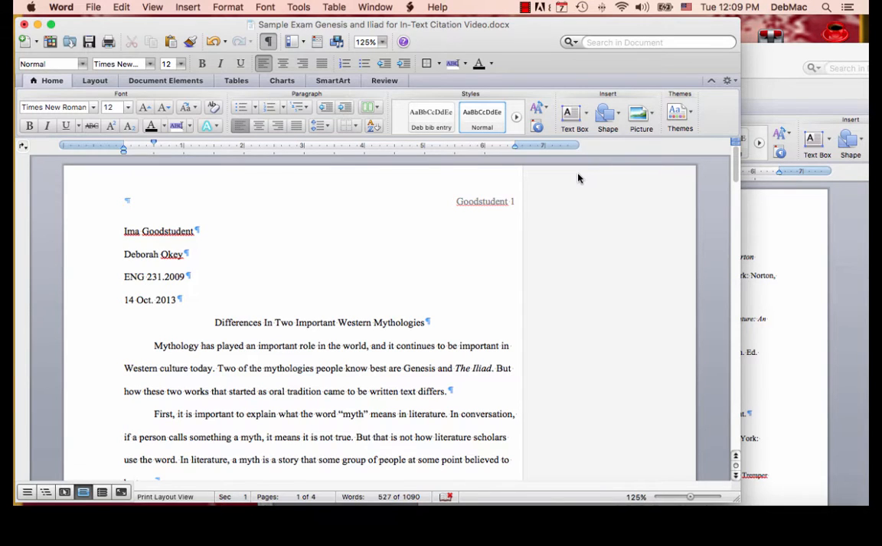The final topic that we're going to talk about in preparing to write the exam is how to do in-text citations. Students who don't do well on the exam generally have problems because they don't include the proper in-text citations that